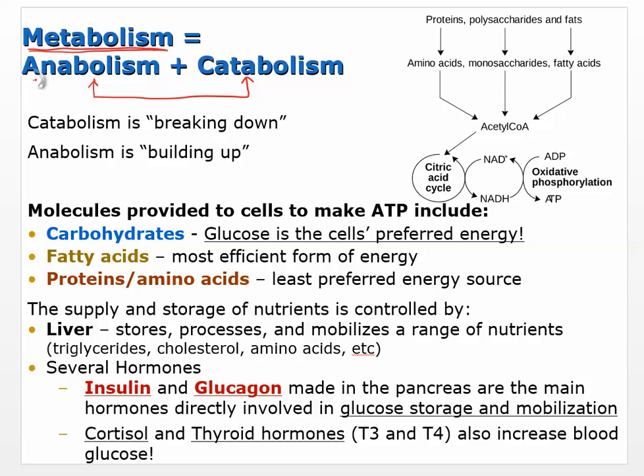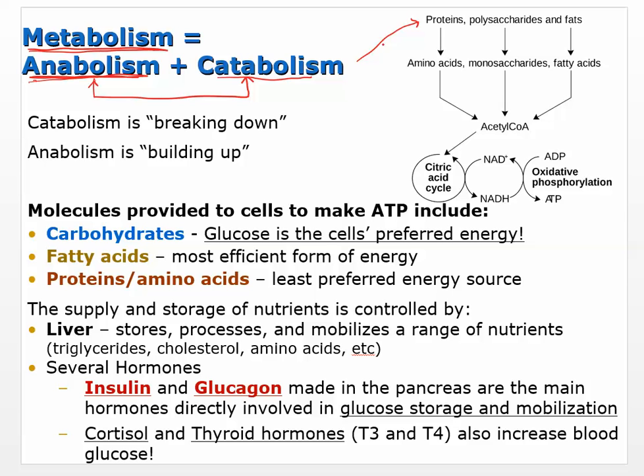Anabolism is the building up. Okay, so that's putting smaller subunits, smaller things together to make something larger. So that would be, for instance, you may take free amino acids and build those up to build muscle tissue, or to build the actin and the myosin that cause a muscle contraction. Okay, so that's anabolism. So you hear about anabolic steroids. That's building things up. Catabolism is breaking things down, and we kind of see that example here.